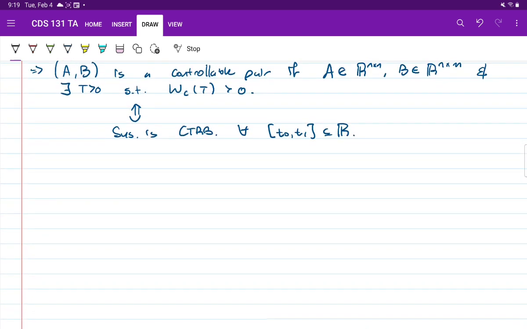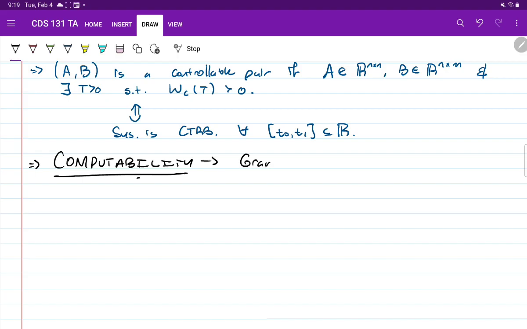So let's continue. Where do we go from here? Well, there's a couple things that we want to keep in mind, right? One of them is computability. So let's talk about computability. One problem that we face is that the Gramian looks hard to compute. Okay? So what we'd like is some nice ways to really simplify computation of the Gramian. All right? So how are we going to simplify computation? Well, it turns out in one special case, there's actually a really nice and easy way that we could do this. Right? And this special case is where the A matrix of our system is stable, or Hurwitz.